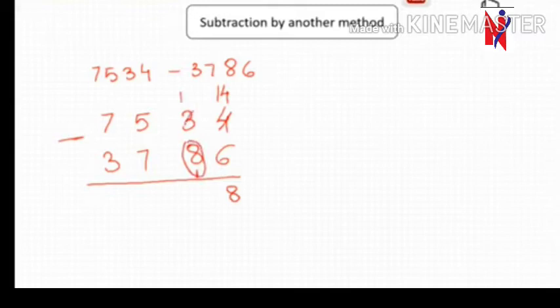Add 8 plus 1. What does it become? It becomes 9 and above it will be 13. So 13 minus 9 is 4. Understood? Instead of carrying it up, we have to add it with the below number. So it will become 4. Now let us see the next number.